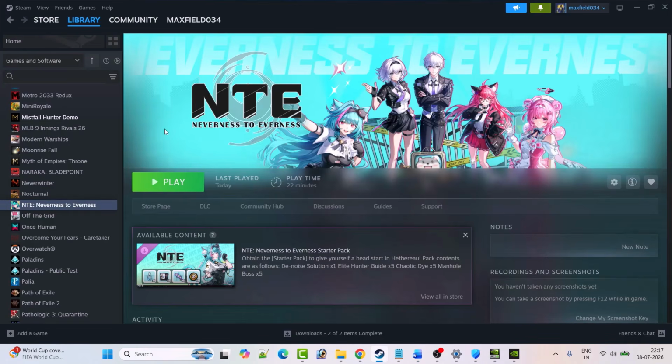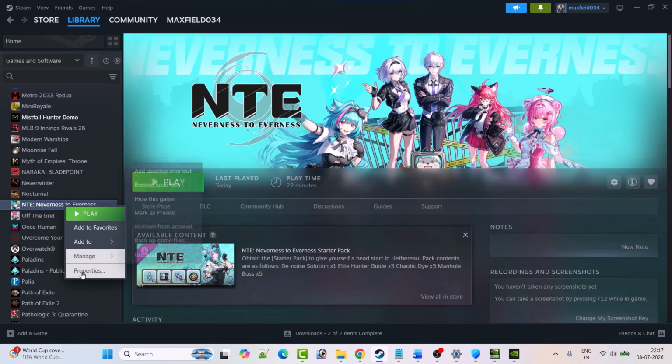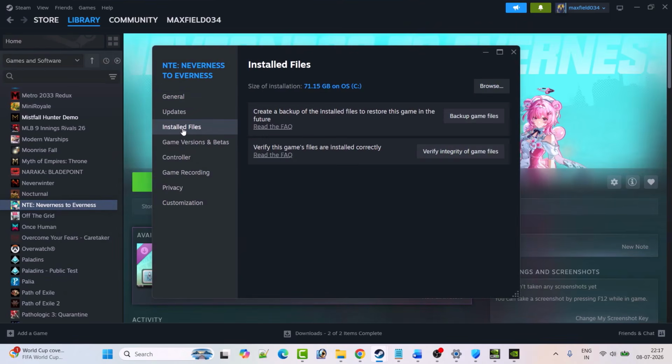Fix 10 is to verify the game files. So open Steam, go to library, right click on the game and then click on properties. Then go to the installed files tab and then click on verify integrity of game files. Don't forget to follow this step. And after the 100% verification of the files has been done, then you can go ahead and launch the game